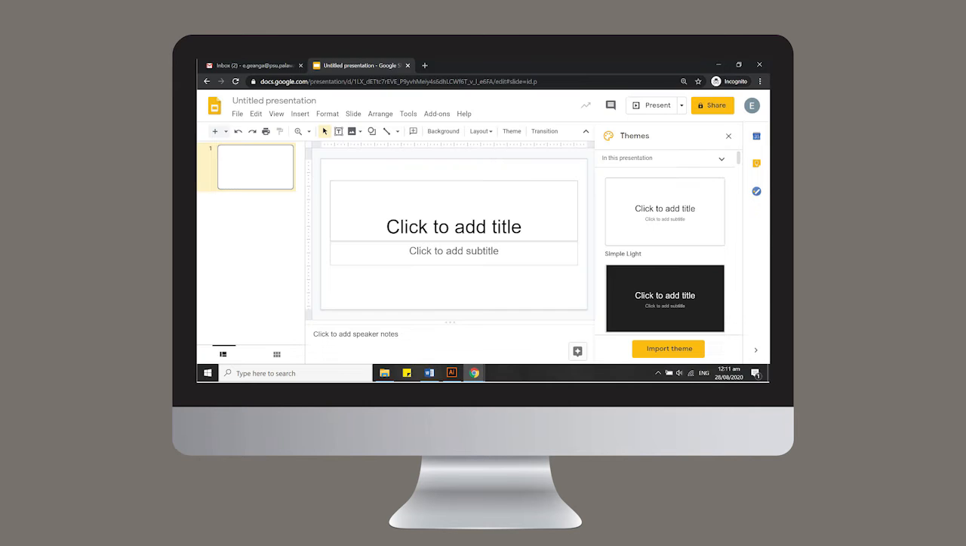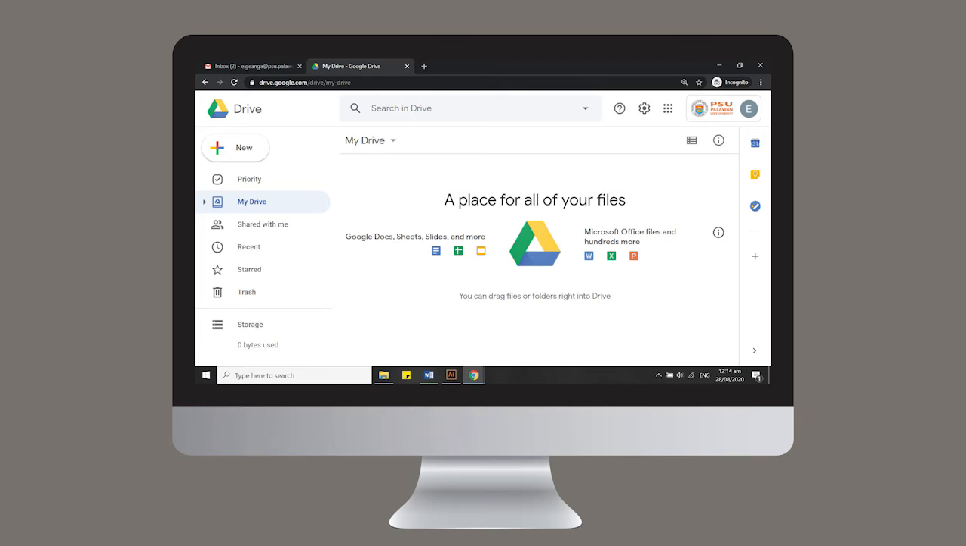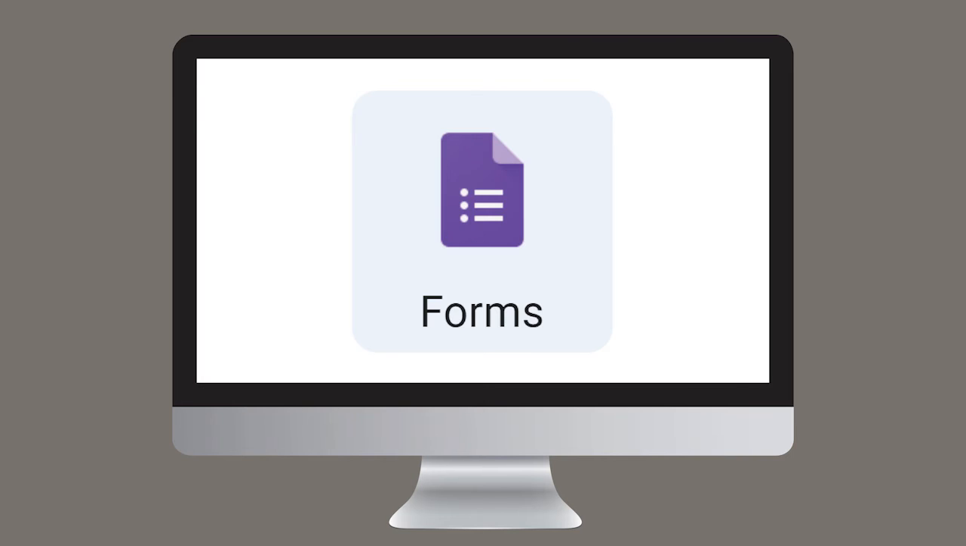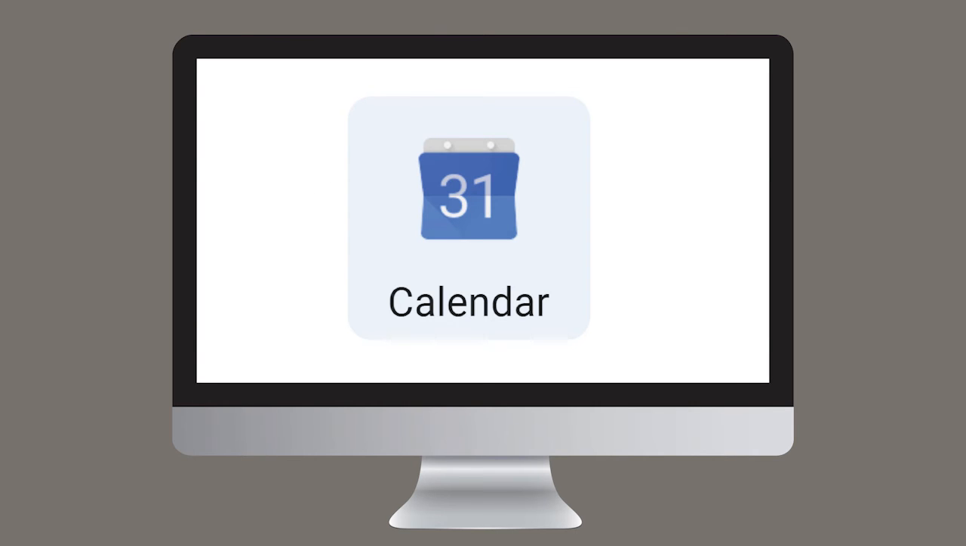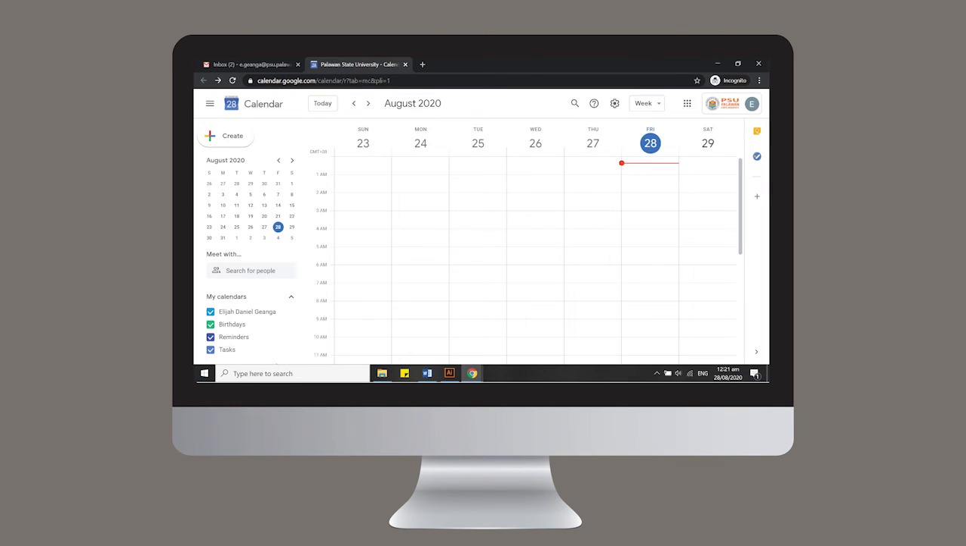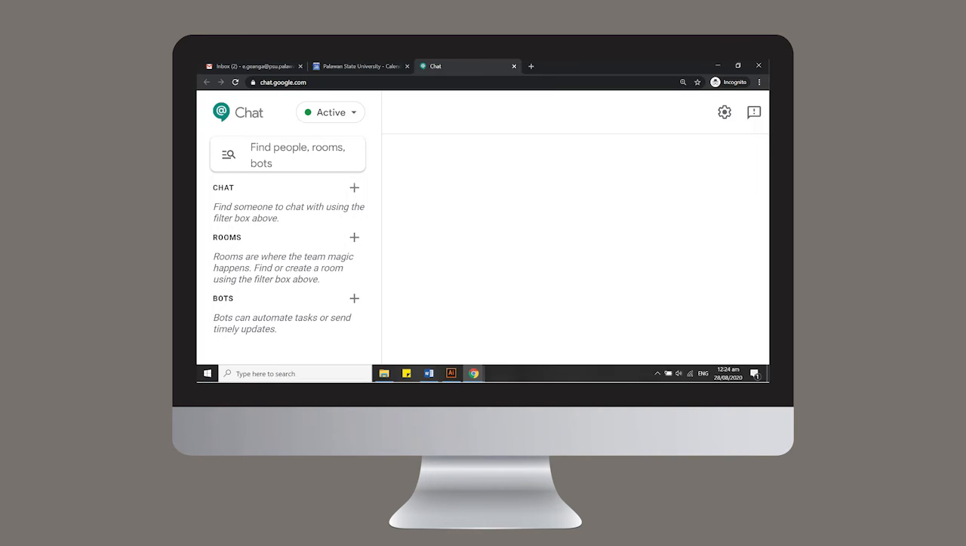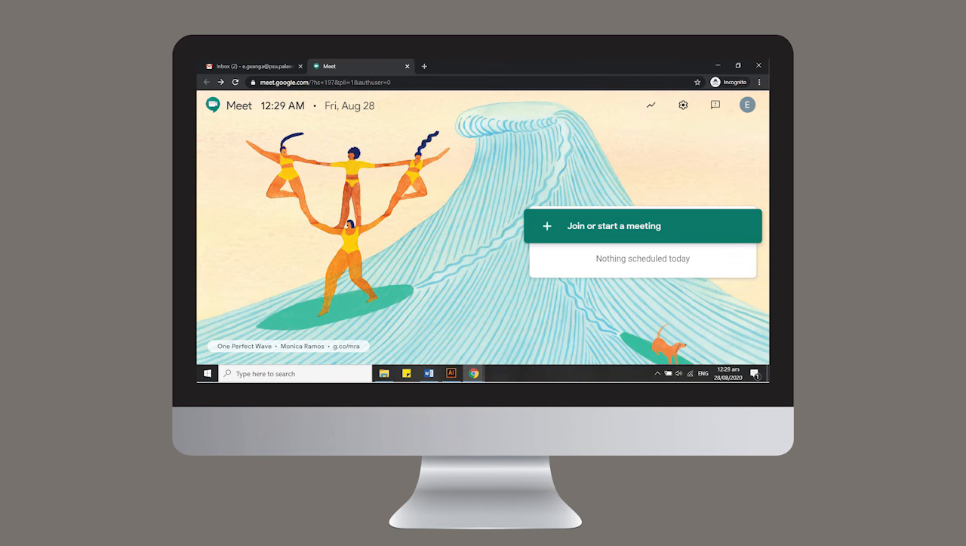Google Slides, like Microsoft PowerPoint, Google Drive, a file storage service where you can create, share, collaborate, and keep all your files, Google Forms, used for surveys and other basic information gathering activities, Calendar, intended to help keep track of time and schedules, Chat, a communication app that provides direct messages and team chat rooms, Meet, a video conferencing application,